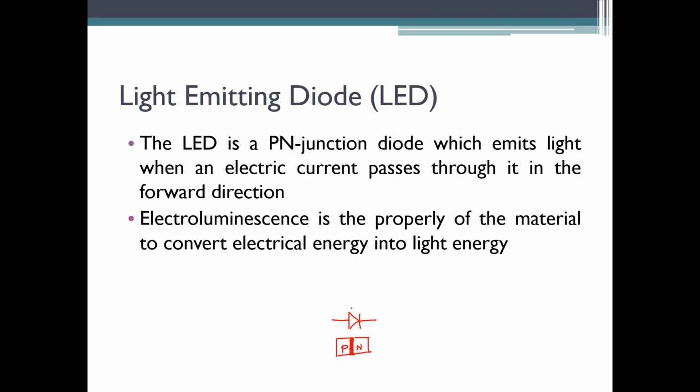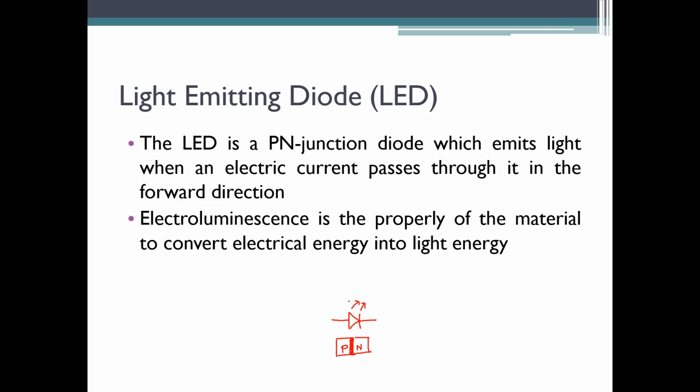So if I consider this to be a normal diode, an LED is represented by two arrow marks going out. If you still remember, when I spoke about the photodiode, it was also represented as a normal diode with two arrow marks pointing inside, which said that the light was absorbed by the photodiode and converted into electrical energy. Whereas in this LED, the light will be given out of the device, it is going to emit light when electrical energy is supplied to it.